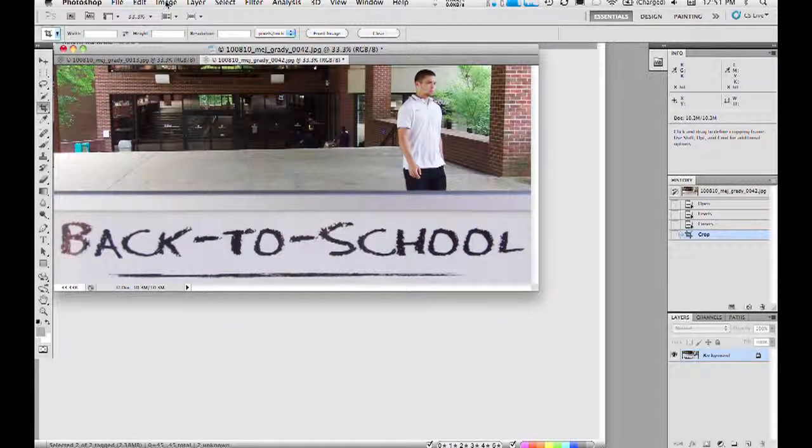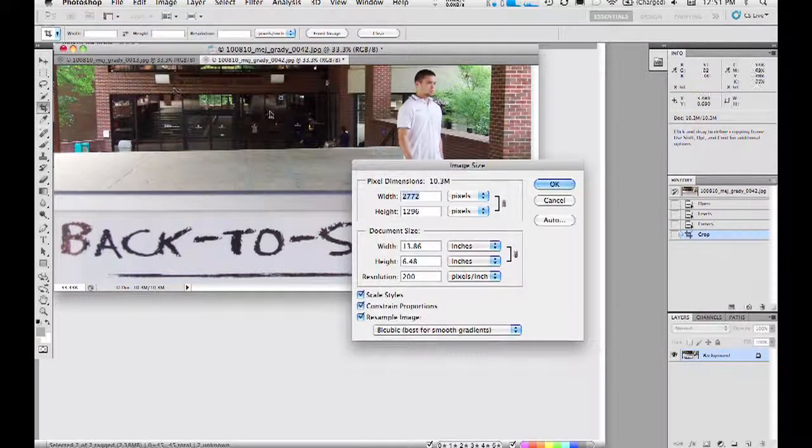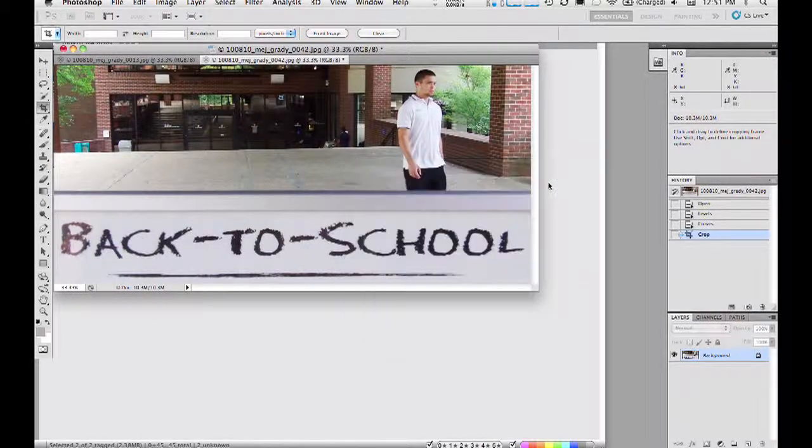Now what I want to do is size it. So I'm going to come up under Image again and come down to Image Size. And what I want to do is just change the dimensions here. Now for your assignment, I'm going to ask you to take all of your images that you're going to use and resize them to 1000 pixels on the long dimension. So right now on the long dimension we're at 2772, so I'm just going to type in 1000